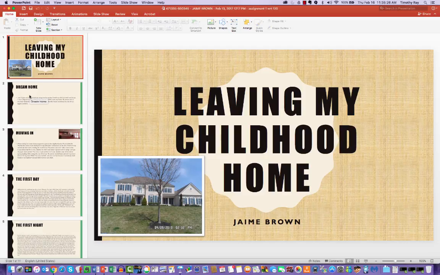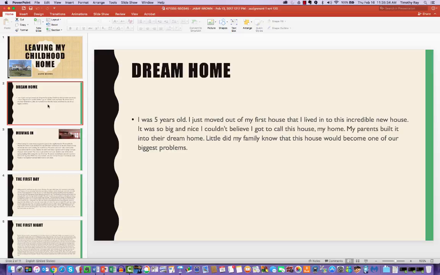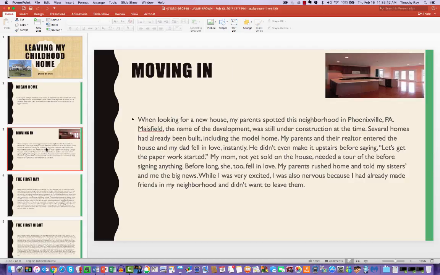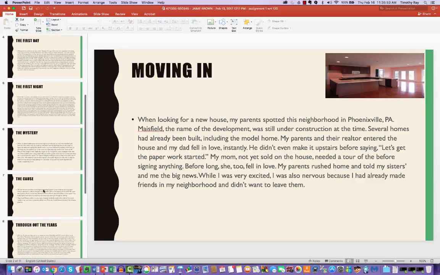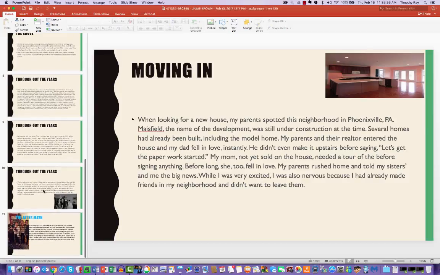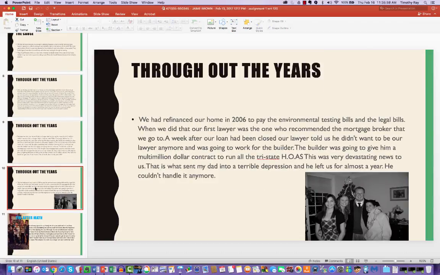So as we see over here on the left, the writer is using headings on different slides. And so we have an opening here. You can actually get rid of the bullet on these slides. And then we go moving in. And I would make these images bigger, so maybe even make them the background. So then throughout, we could probably use some more images, and through the years, again, I think this image could be bigger,